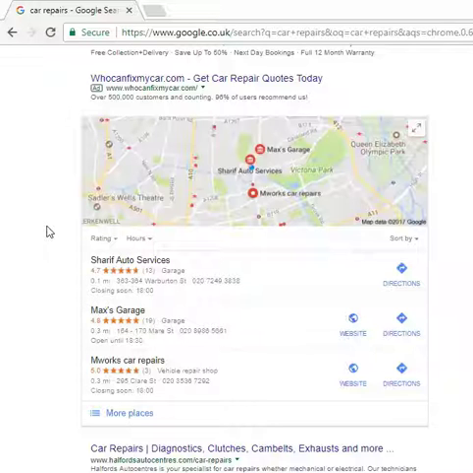You don't pay to appear in this list. You don't pay to appear on the map. The way to get yourself on the map, if you're not already there, is make sure that you've set up your Google account and your Google My Business account in particular. It's free. It has to be verified. You have to verify it by phone or by receiving a code on a postcard through the mail at the business address. But you don't have to pay a penny to appear in here,